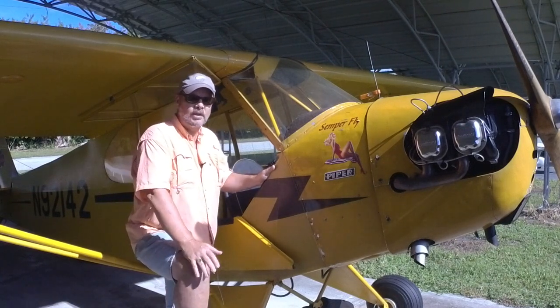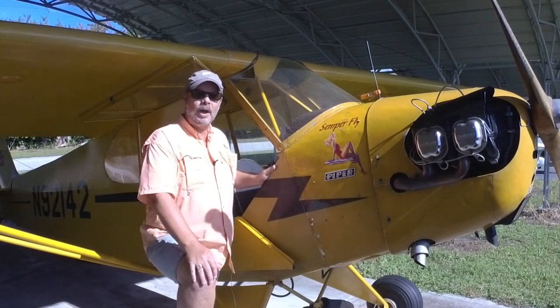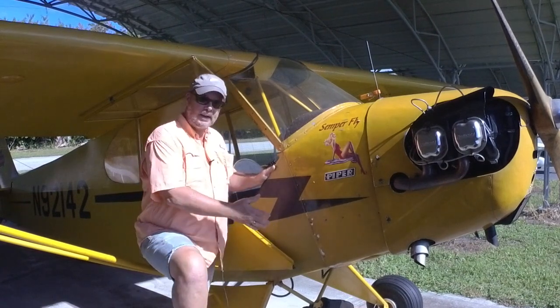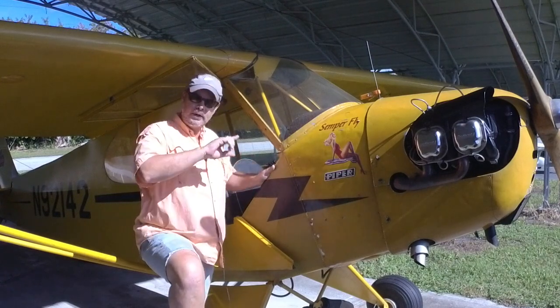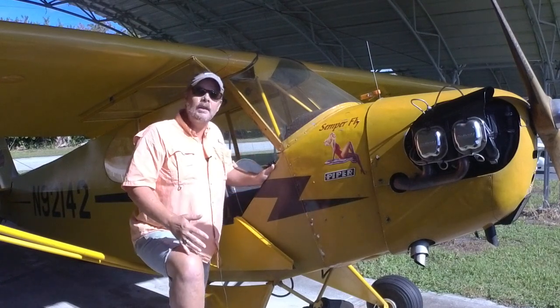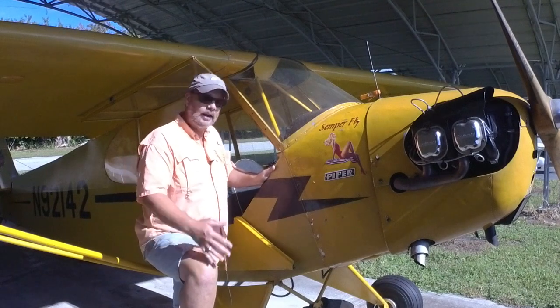Now, one of the advantages of the Piper Cub is you can prop it from standing behind it. So I was standing right here. Tail's tied, it's in the chocks, throttle's only cracked. So when it started, it startled me, and I stepped back right about here, and I wondered why my engine